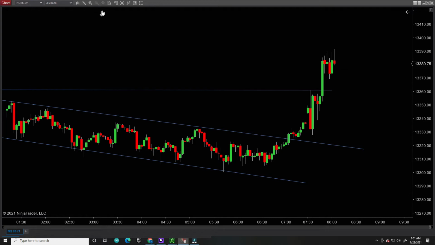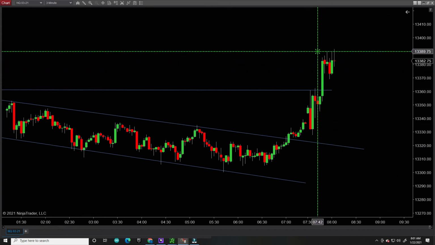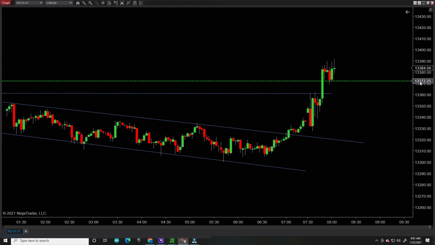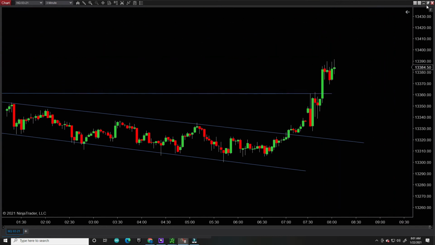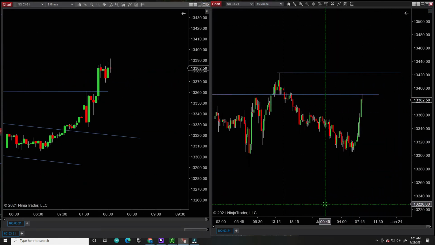There's selling coming in at what algorithms are perceiving to be the top of a range. Most of the trading is done by computers. So this is looked at as a range here: selling at the top, buying at the bottom, selling at the top and buying at the bottom. But you can see profits already being taken by traders here as they shorted. And here's where we are in that 15-minute chart. Looks like it could be good, but